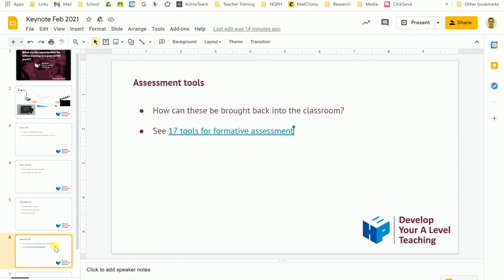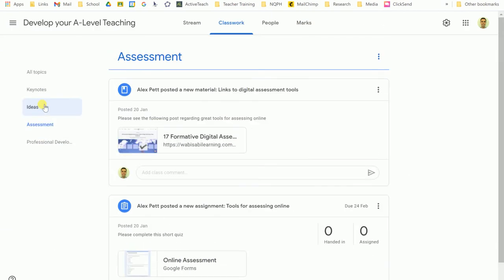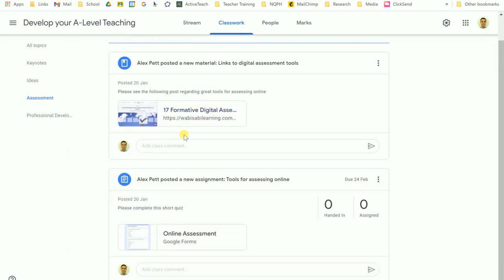The final thing I want to talk about is assessment tools. There are a great number of formative assessment tools, and I think teaching online, I've had more feedback from students than possibly I've ever had in the classroom. Sometimes asking students to complete a quick poll or to send in a quick answer has gained response from those students that you never hear from in class. But it's also given a really clear indication of whether or not my exposition has been too long, too short, not detailed enough.